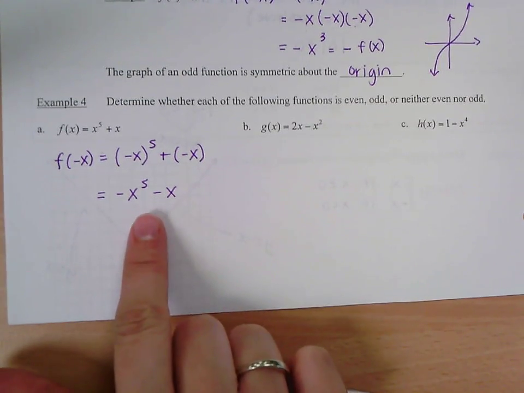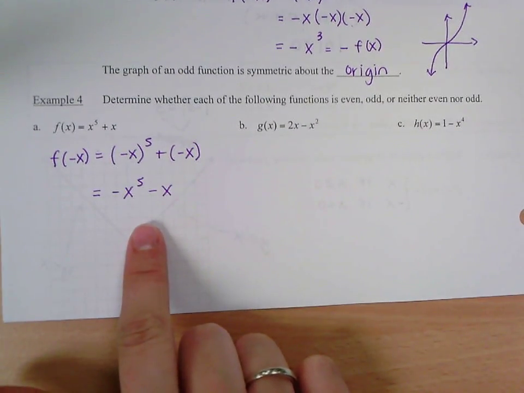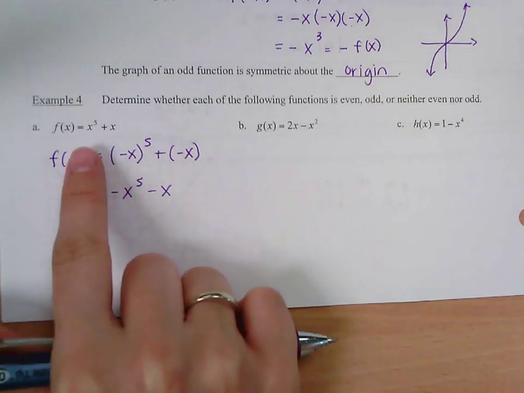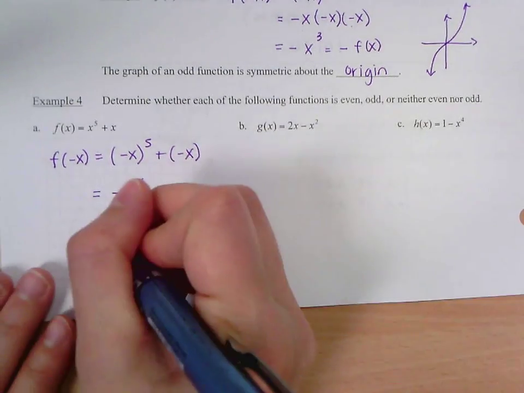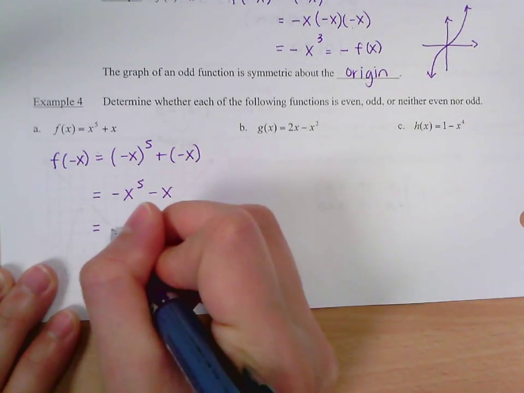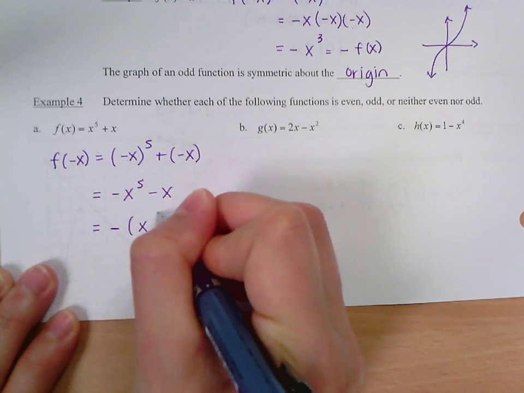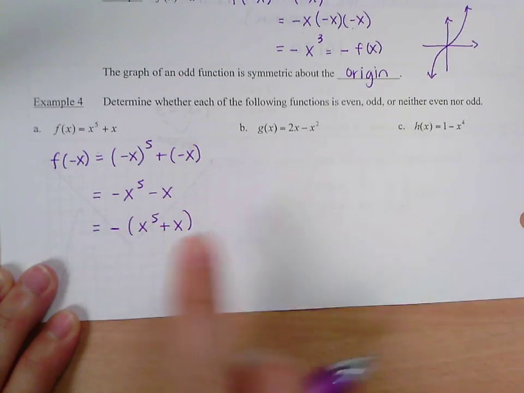Obviously, looking at it, it's not equal to f of x. Is this expression the exact opposite? Yes, because I could factor this negative out and have x to the fifth plus x, which was f